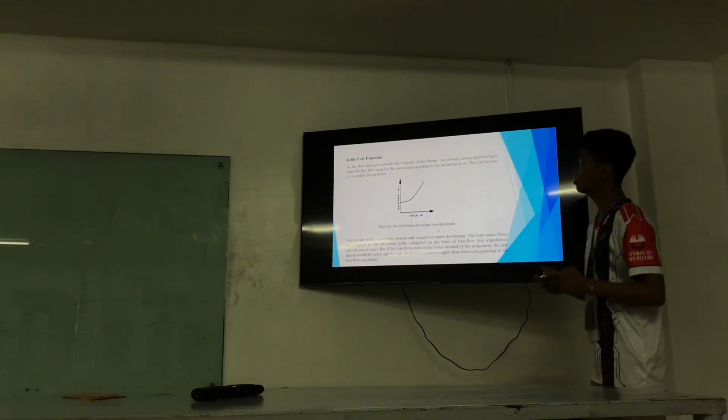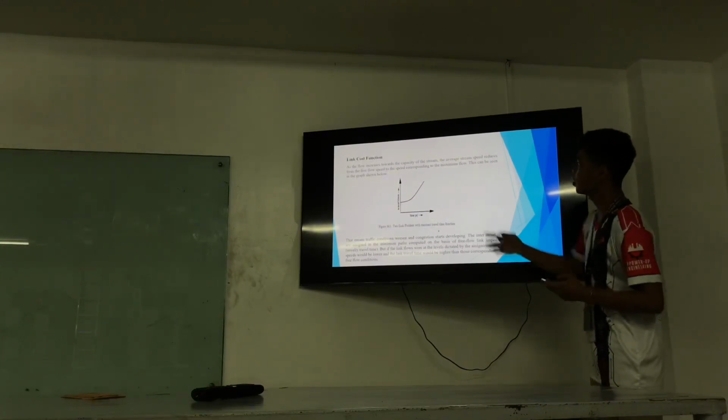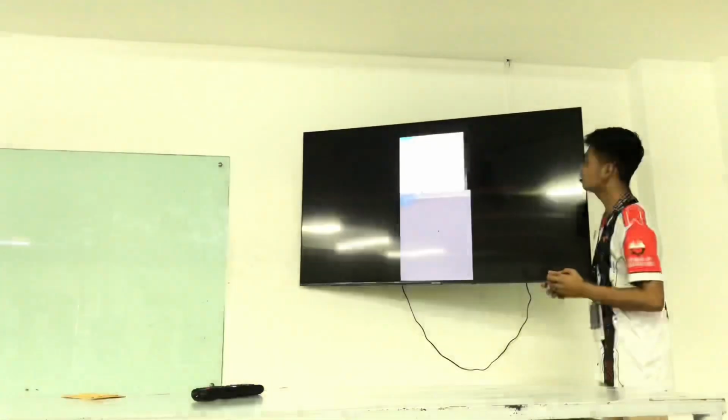So this is the link cost function. As the flow increases towards the capacity of the stream, the average